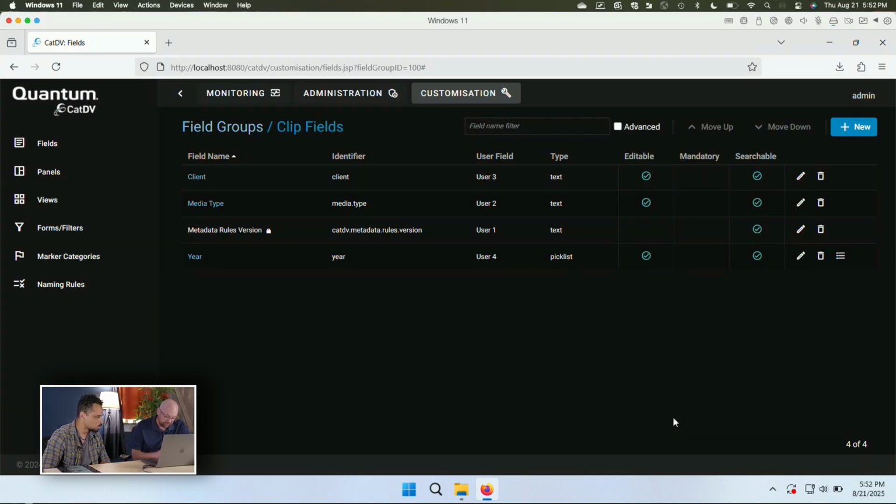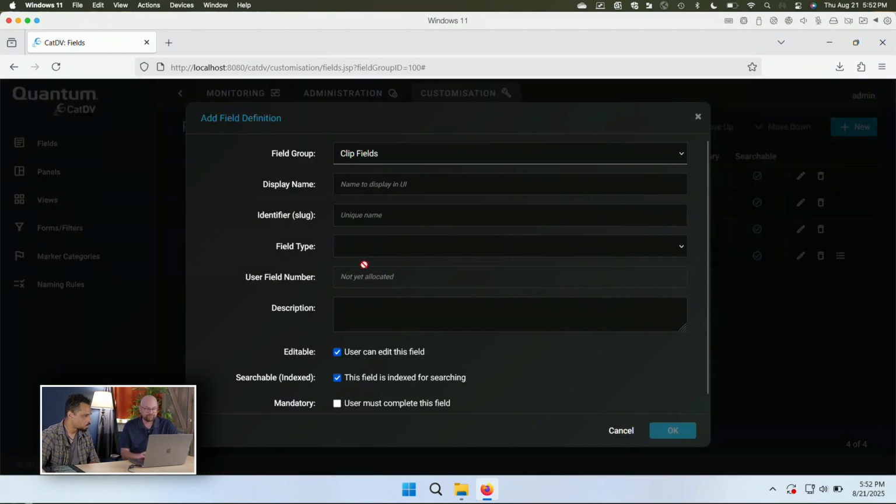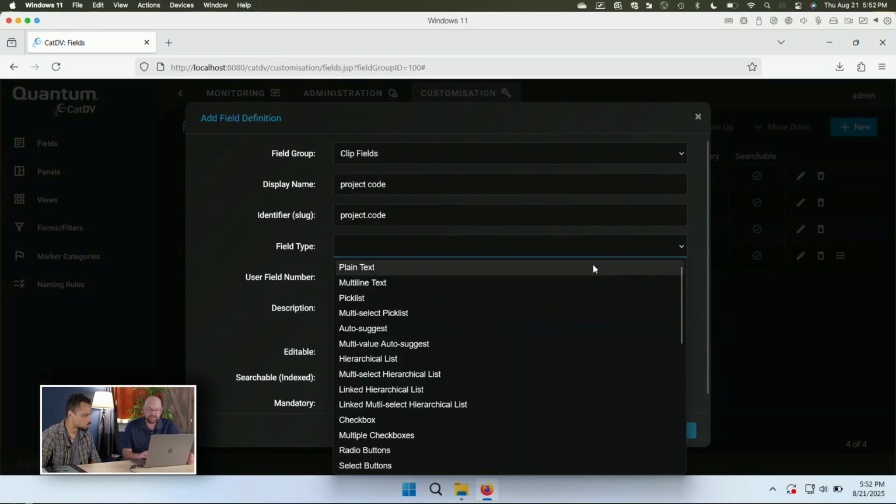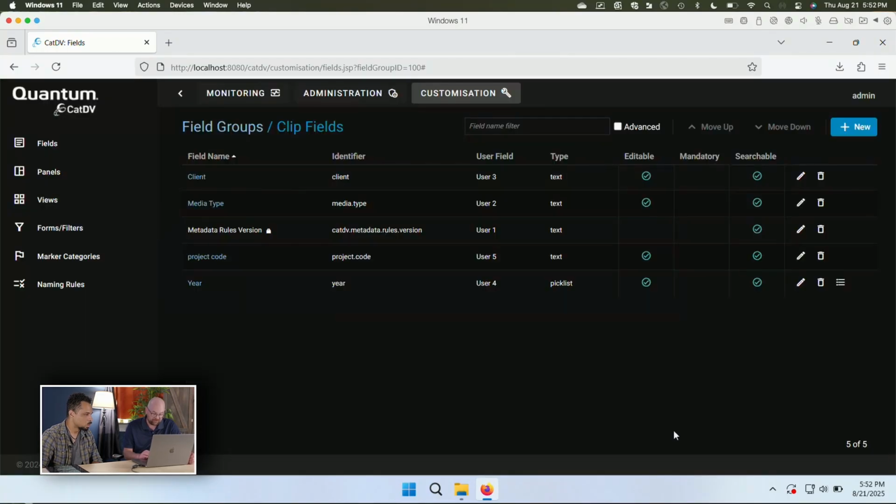And let me check my list here for the last one. Oh, the last one is project code. And then we're going to have one for project code. You know, a lot of organizations have some kind of code or unique identifier that they assign to each project. So we'll do a project code. So that's something that was very specifically not, it's not a CatDV feature. You're saying project code is something that you could potentially start. Exactly.